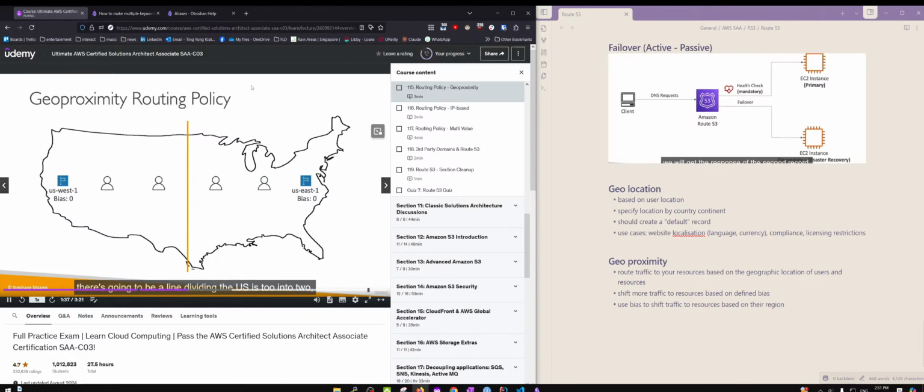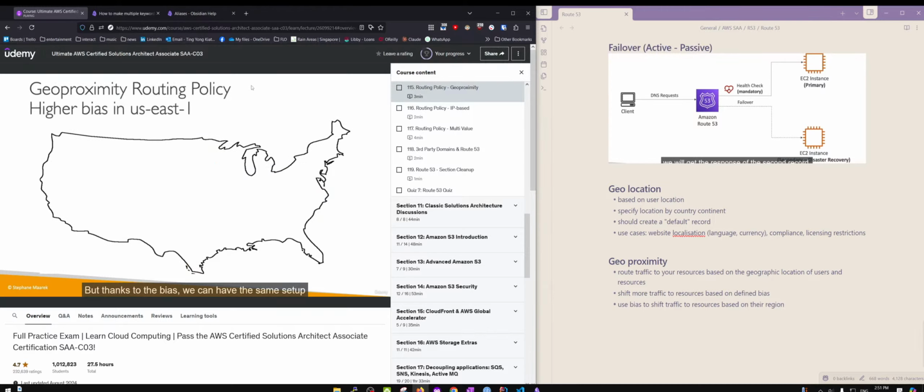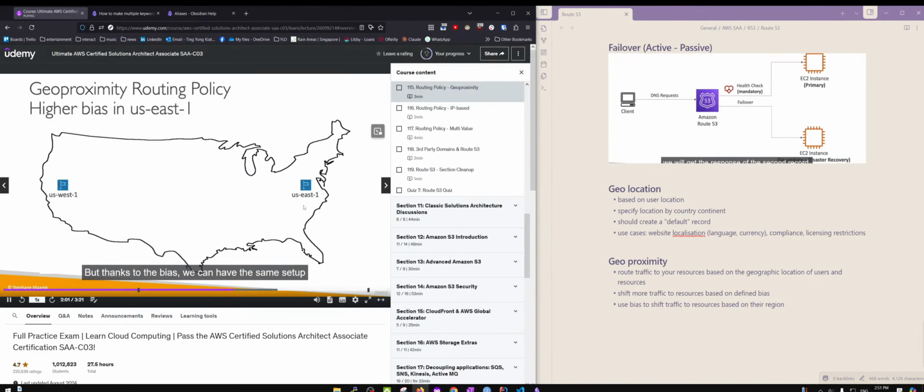there's going to be a line dividing the US in two, and users left of that line will go to US West 1, and users right of that line will go to US East 1. Now this is simple. This is when there is no bias, okay? And this looks like going to the closest resource region based on the user location. But thanks to the bias, we can have the same setup, but a